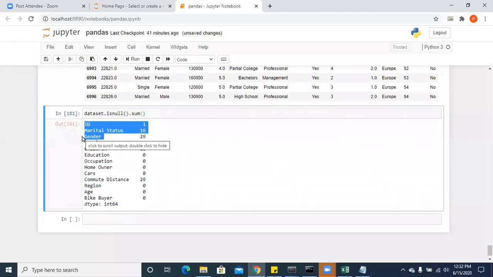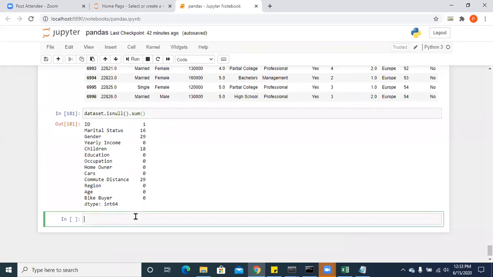I'm not talking about drop NA, I'm just talking about deleting the column using drop. So you can directly use drop, or you can also use drop NA. But if you use drop NA, wherever you have null values, all those rows will be deleted. Yes, data set dot drop of gender, axis equal to 1, right?